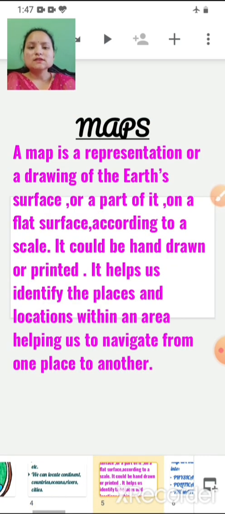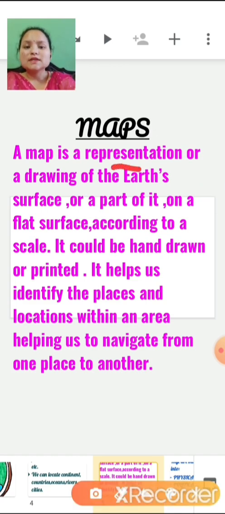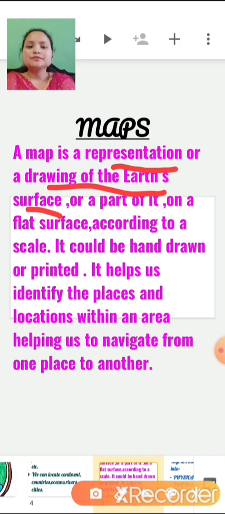Now next is maps. What is a map, children? A map is a representation or a drawing of the earth's surface or a part of it. Children, we do not have only a world map; we have maps of all countries, like many of you have seen a map of India, right?